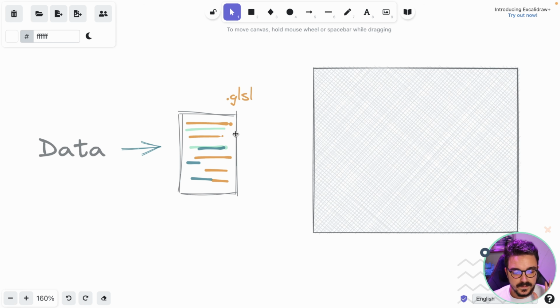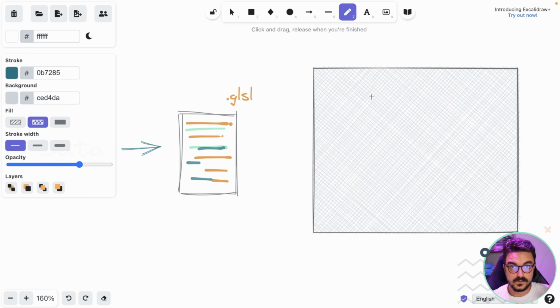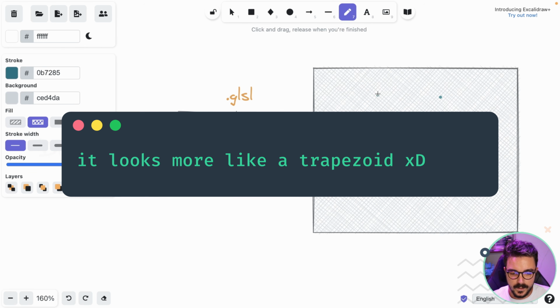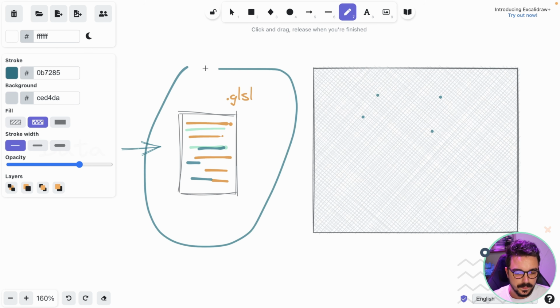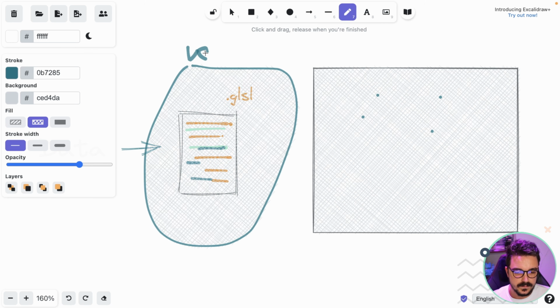So basically we need to send two types of data. One is the position of each one of the pixels or vertex or fragments that our geometry is gonna have. Let's say we're doing a square, right? So we are putting here 4 vertices, and this is information on the position that each one of them has. This is what we call the vertex shader.